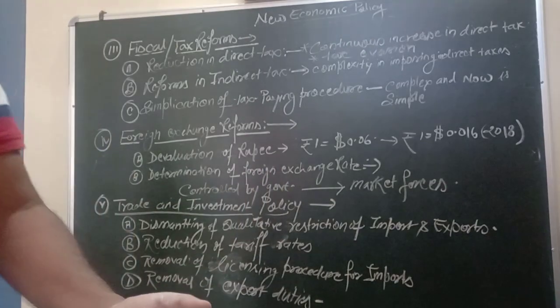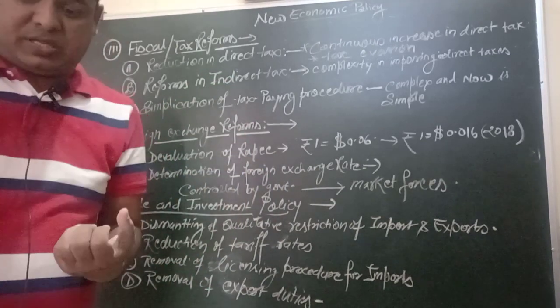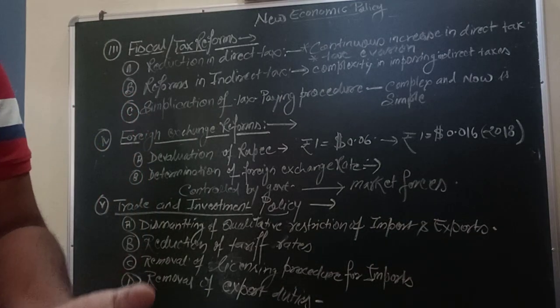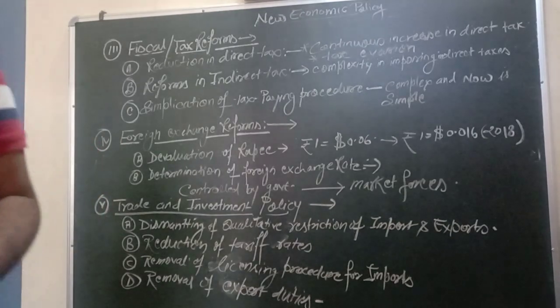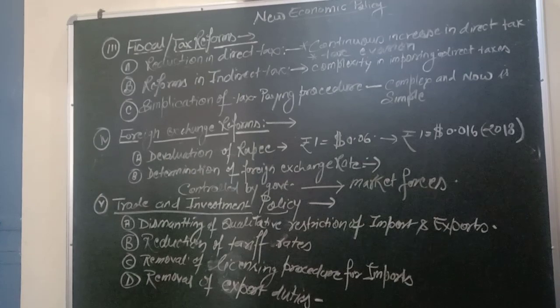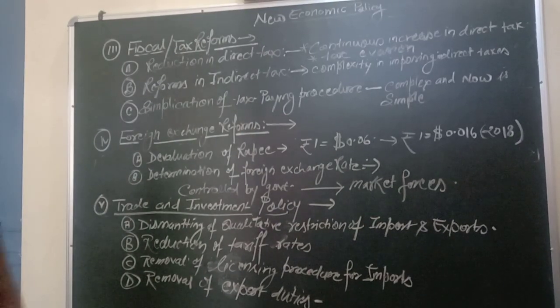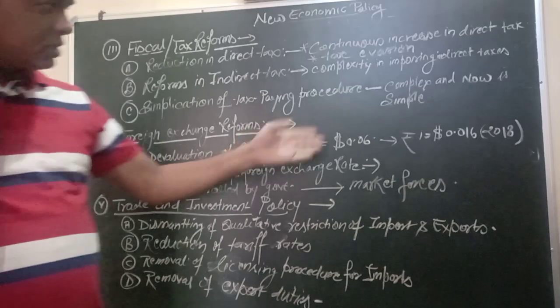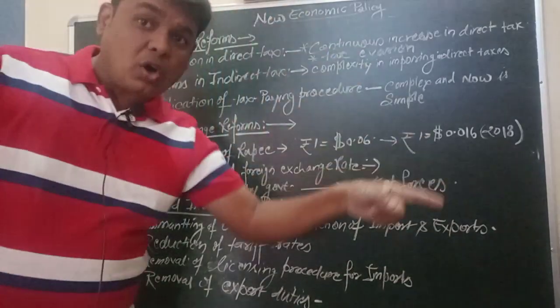The central government had to take the sales tax, then the central sales tax, and another thing, luxury taxes. These are all entertainment taxes. These taxes were charged in the form of indirect taxes by the central government.